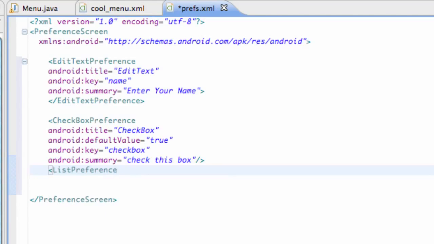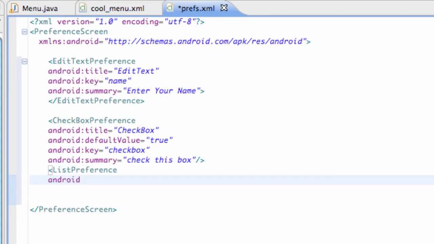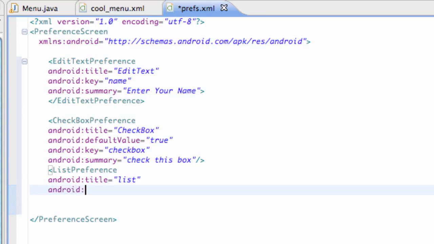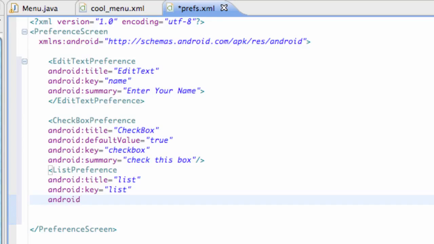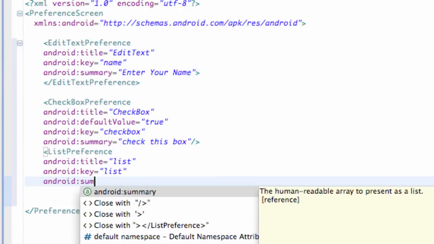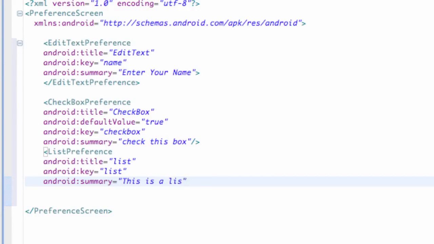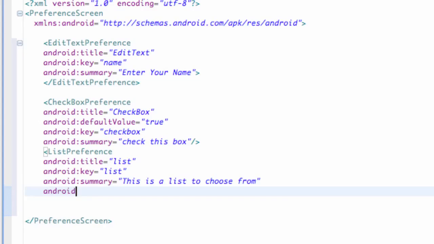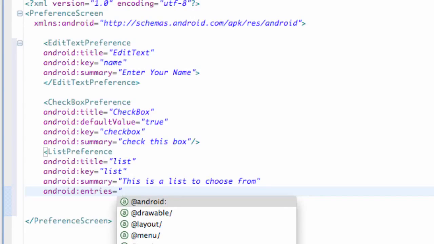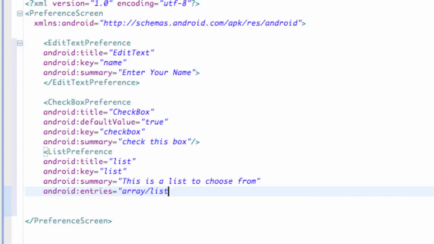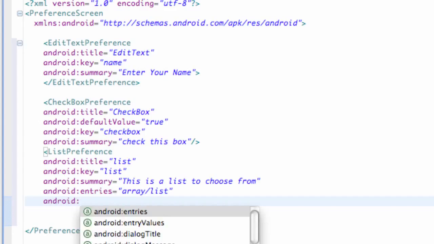So we're going to say list preference android title list, set up a key reference. We're going to also call that list as well. Then we're going to set up summary. This is a list to choose from. And then we're also going to set up something else called android entries. And these will be the entries within the list. And we're going to say equals a new array, or array reference that we're going to refer to here. So we're going to say array slash list, and android also